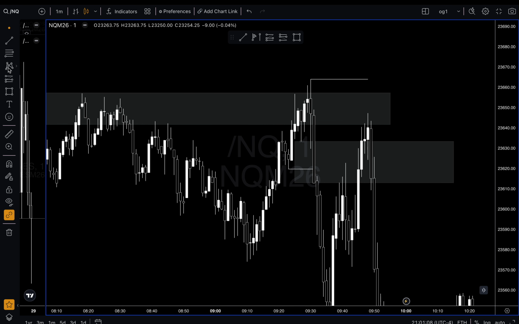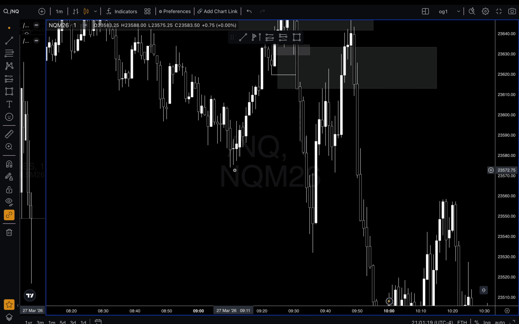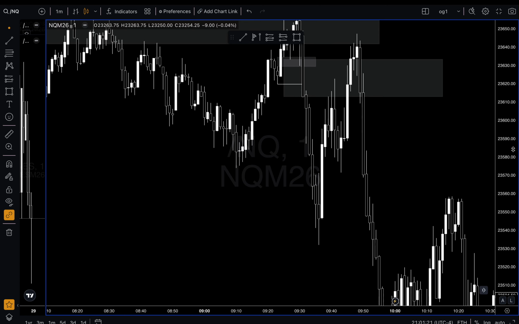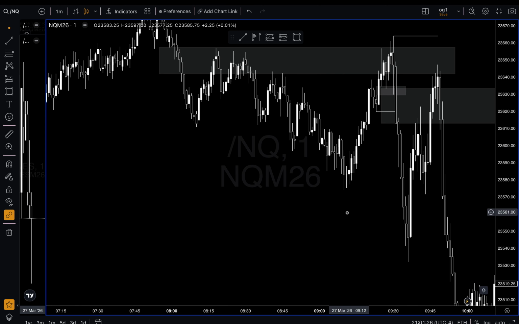There's a fair value gap right here, which, if we would have closed above this internal low, then that would have been valid. That would have been a banger trade. First target here, and then you might have gotten stopped out at break even. No biggie. On a Friday, I wouldn't be mad taking targets here.